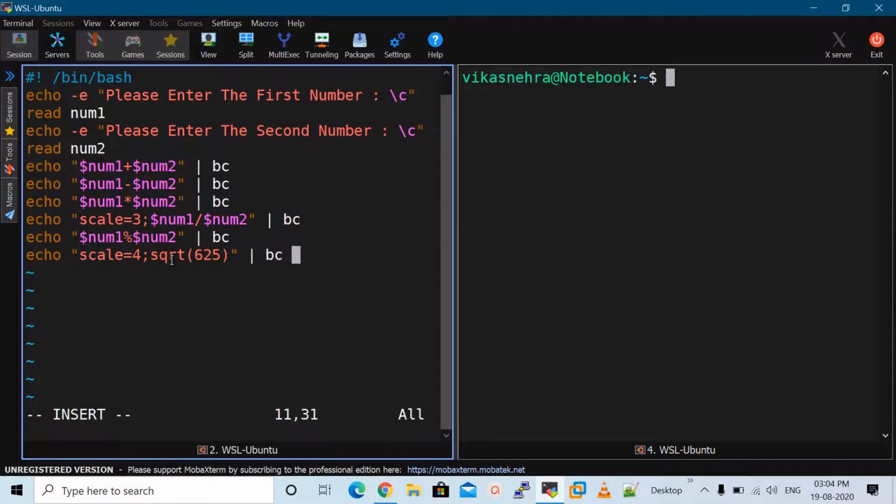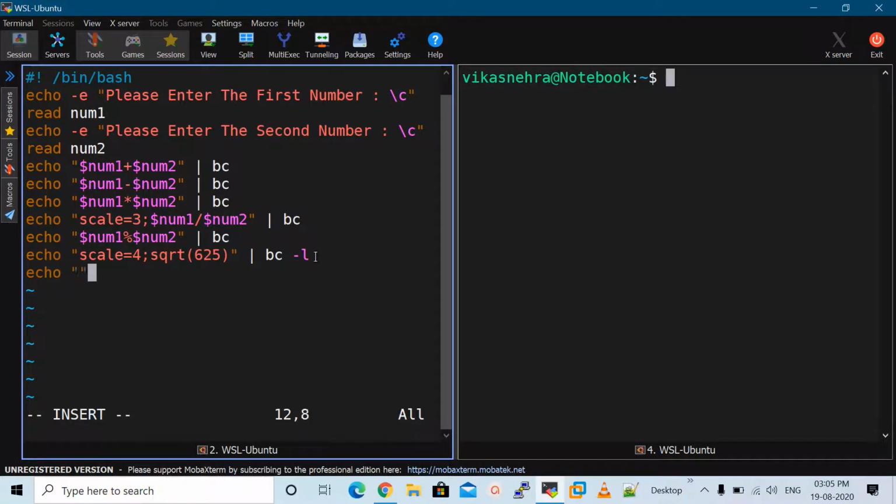And if we are using these math operations, we can call the math library, and for that we can mention BC-L here. So keep in mind, if you are performing the additional math operations you can include this option here, otherwise you will get an error. So we will use BC-L to call the math library, and we can also perform the